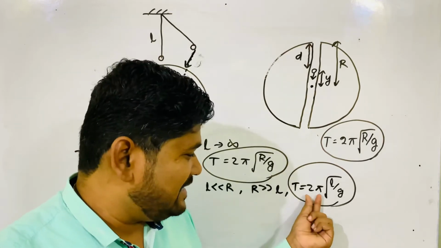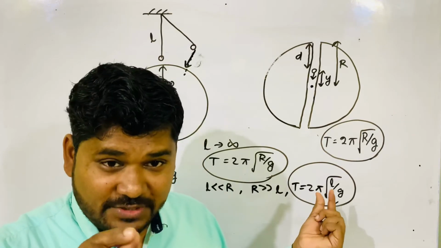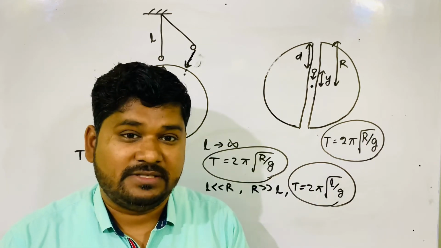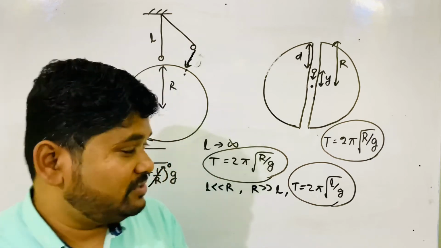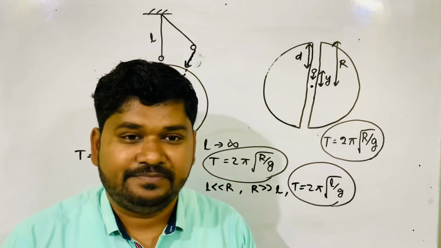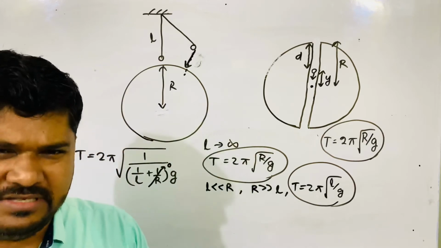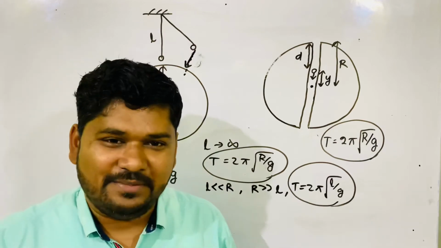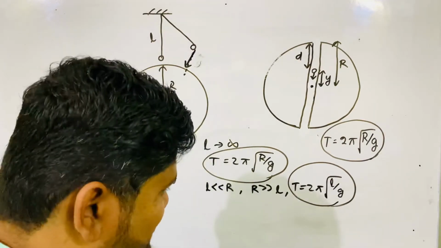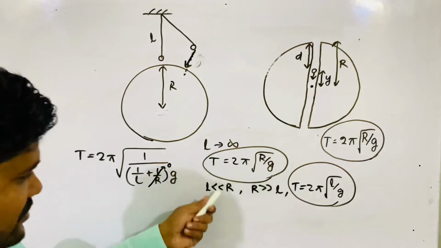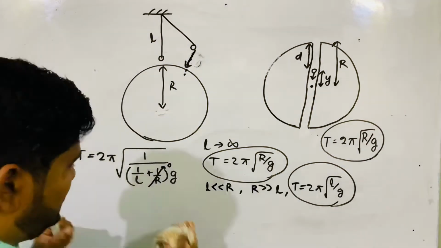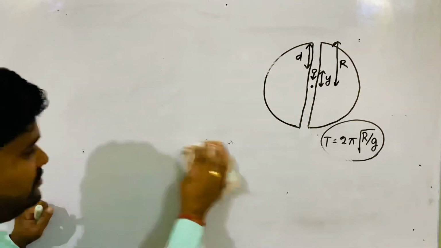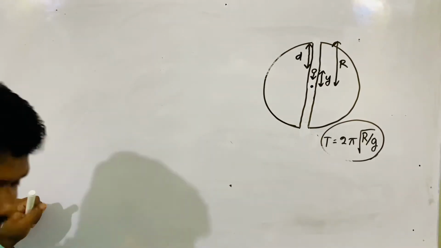So many conditions are there in this formula. Displacement should be small, and the length of the pendulum should be small in comparison to the radius of Earth, the 6400 kilometer radius of Earth. In comparison to that, this length should be small. Okay, 1 meter, take, no problem, it's okay. Length is very small, take 1 meter. So manageable, nearly like that length. So these are the two cases of the pendulum. So now this is about the body at the center part. In between I also told you the pendulum one. Then next,